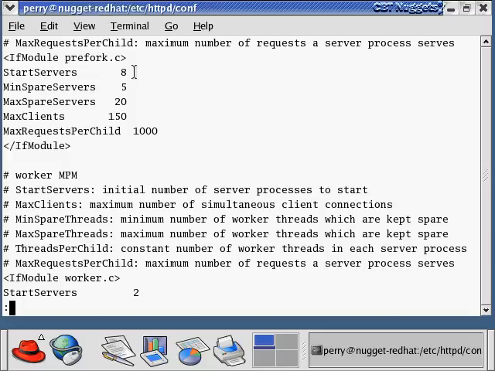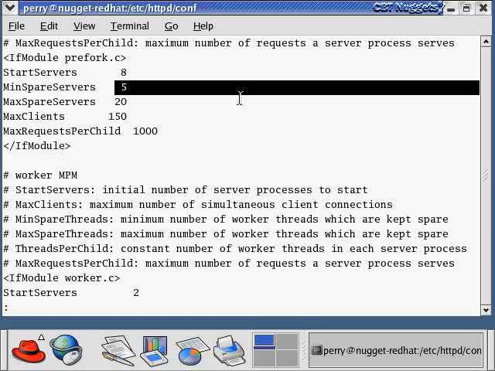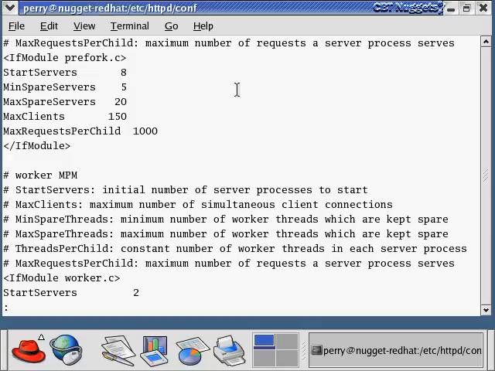Now, if people start attaching to your web server to get information, and the number of spare servers falls below 5 in this particular case, then it will start up more servers so that there are at least 5 spare servers available at all times to handle the new set of requests that could come in, like in a surge. Okay? Now, say a bunch of people connect, it starts up more spare servers so that there's at least 5, then more people connect, so it starts up more spare servers, so there's still at least 5, and then say